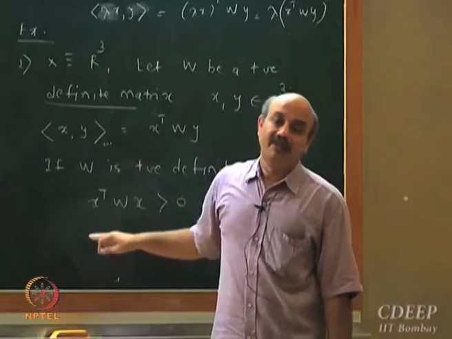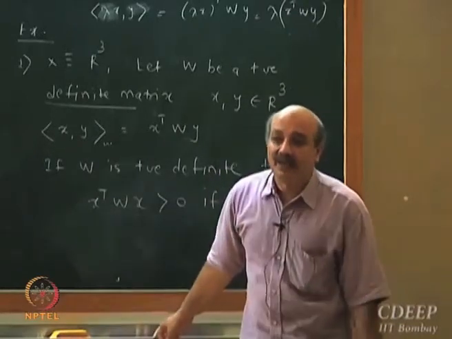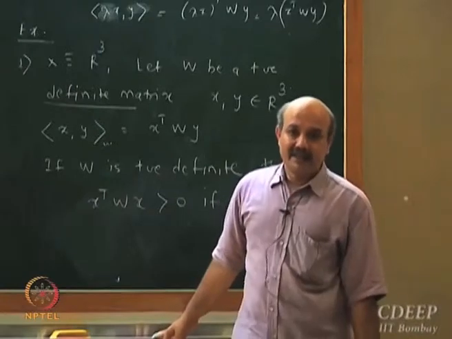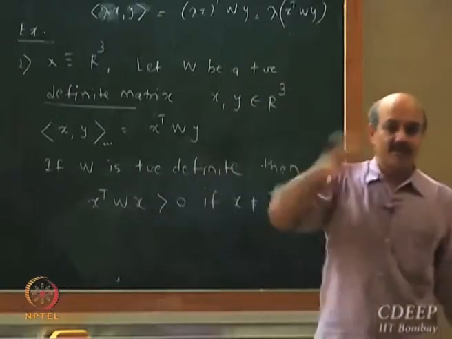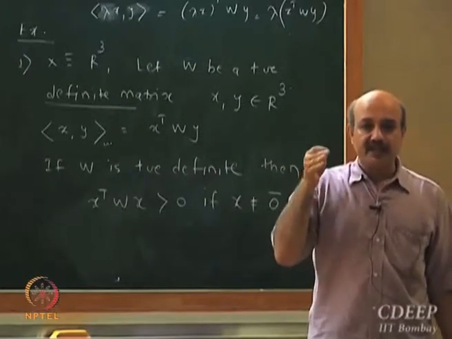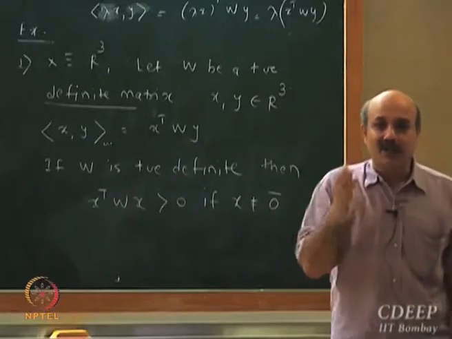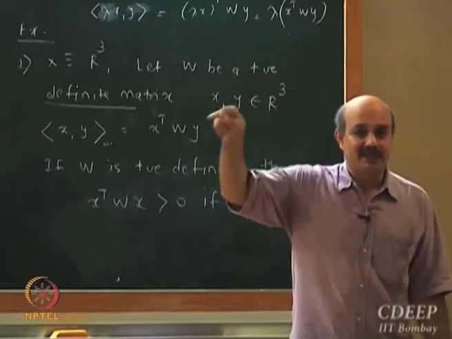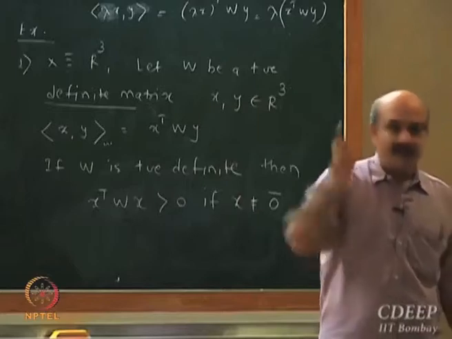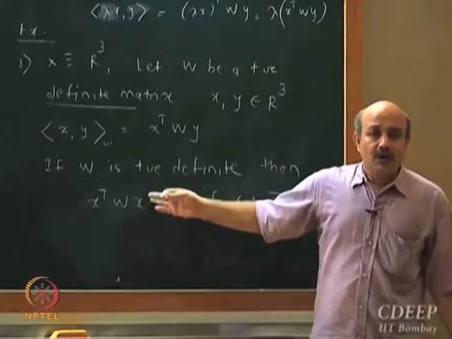These kind of inner products we very, very routinely use in numerical methods because we need to do scaling of variables. X will consist of pressures, temperatures, concentrations, all kinds of variables which have different units, and then if you want to find out length of such a vector, you cannot just say x1 square plus x2 square plus x3 square. You need to multiply it by a suitable weighting matrix. That's why you need this.